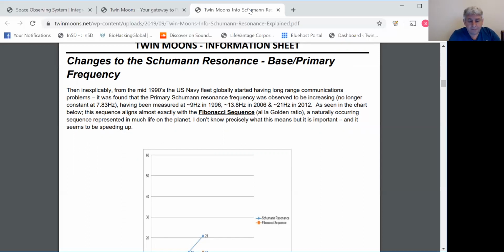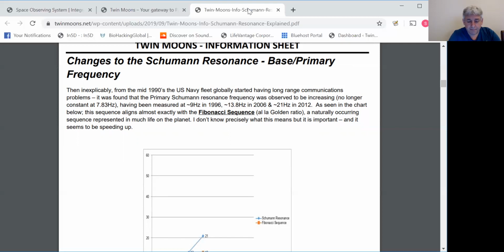Now, anybody who has a look at those peaks and is aware of the Fibonacci numeric sequence, the natural numeric sequence that is very prevalent in growth patterns in nature, and is also related to the golden mean and the golden ratio,